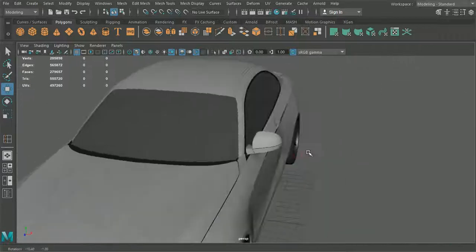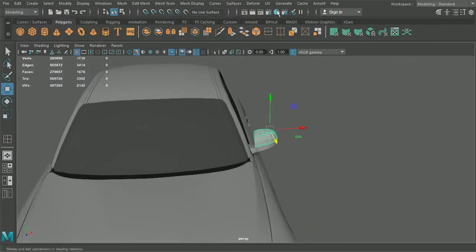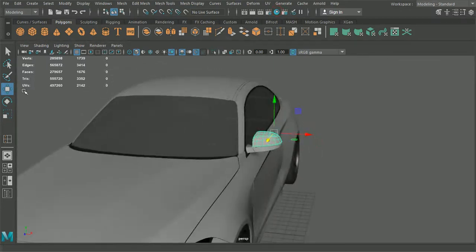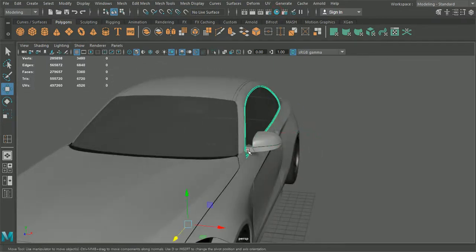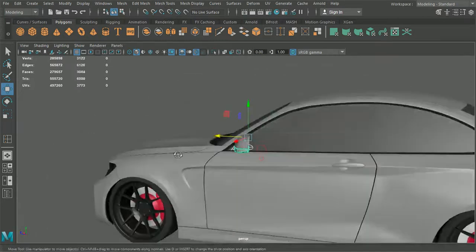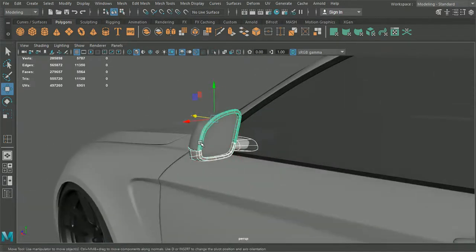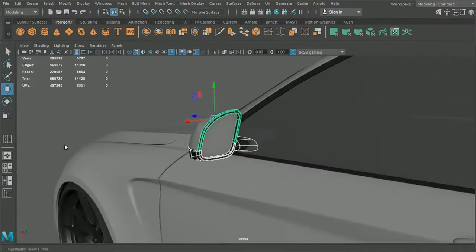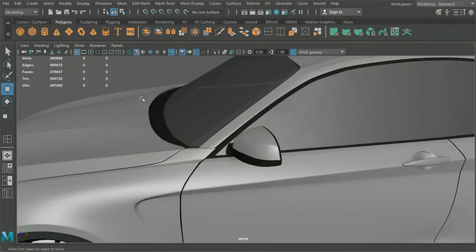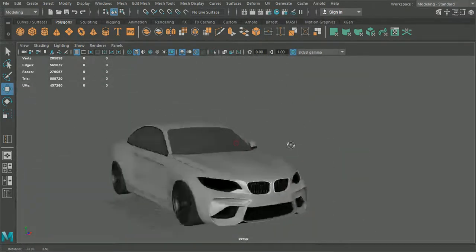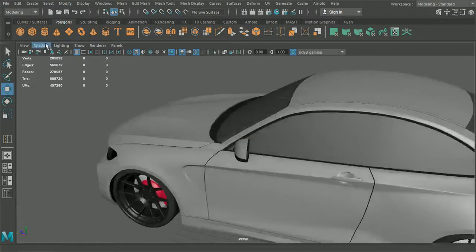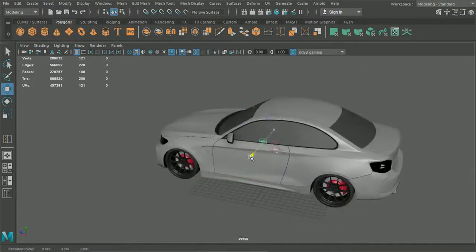Okay, let's just see how defined that line is inside. Do that. Okay, and then it looks like the last thing that we'll need to do for this is